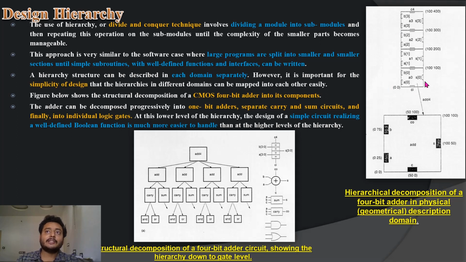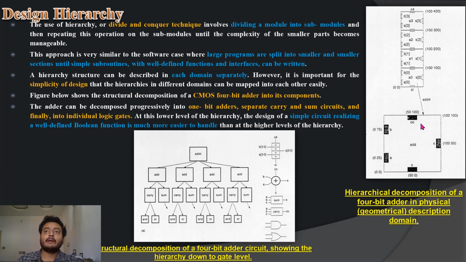Each adder has inputs A and B, an output S, and carry in and carry out. This is one single block you are seeing here. So what does a full adder element consist of? A and B are inputs; you can call these the input pads.